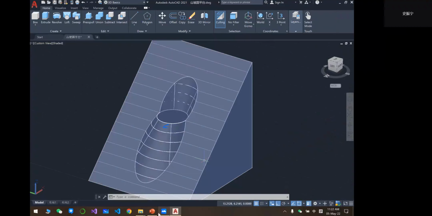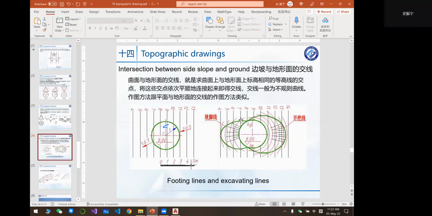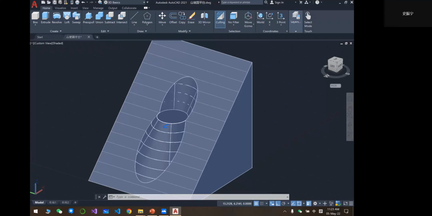So that is why we have to know the excavation line and the fill line. Because once you want to build a building, you have to excavate a pit. Also, sometimes you have to fill an embankment, a dam. So you know the shape of this construction, and you know the slope, and so you have to find